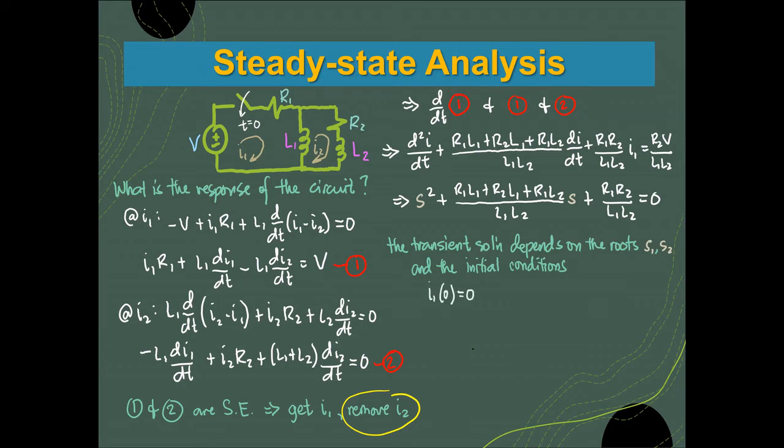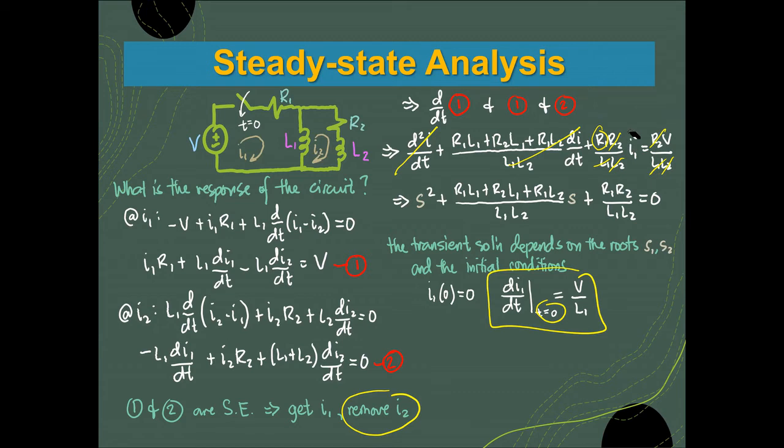Here we say that the initial current is zero, meaning the current across L1 is zero at time equal to zero. Then you have the first derivative of I, the change of I, equal to V over L1. You can actually get this from the equation here. Given that time is equal to zero, this becomes zero, this becomes zero, because di over dt is equal to d1, so you cancel that one. Then this L2 cancels, L1 cancels L1, and what remains is R1,